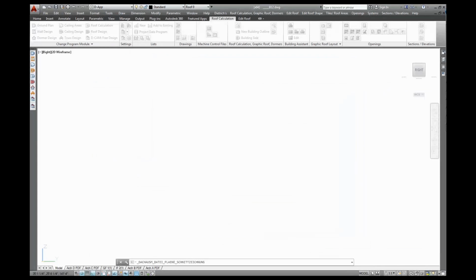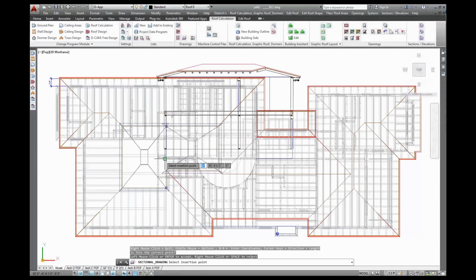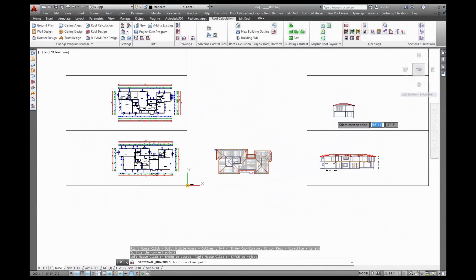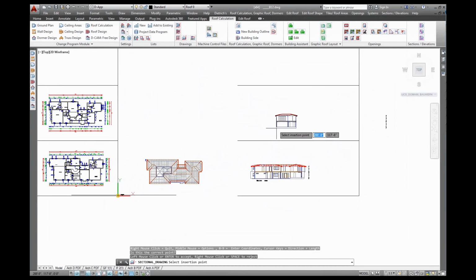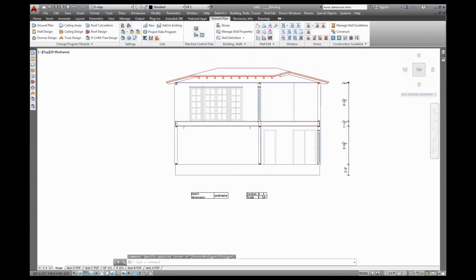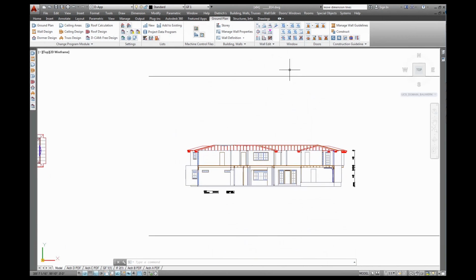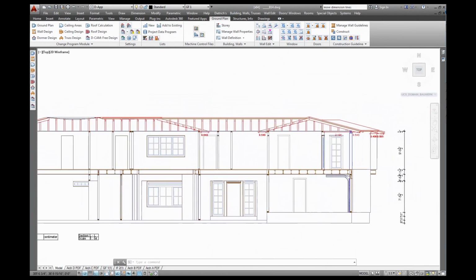Okay, that turns it into a 2D block, and I can just grab that at the corner and put it on the right side of my 3D model. Put that here, text box. Okay, now you can see the dimension lines that have been created automatically, and I have another section that I positioned down here that goes